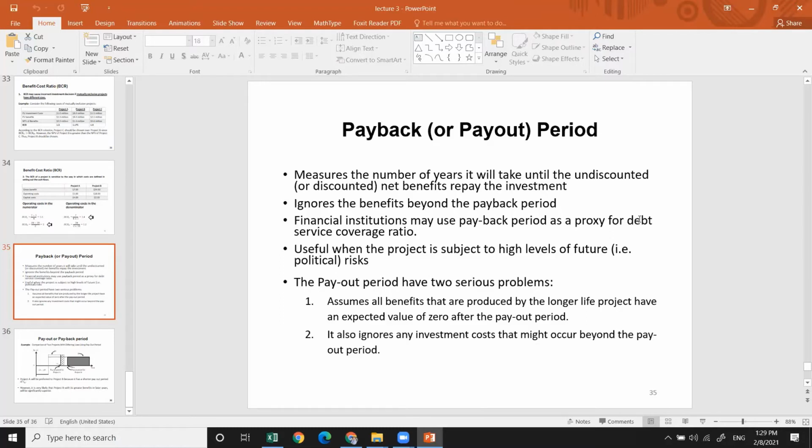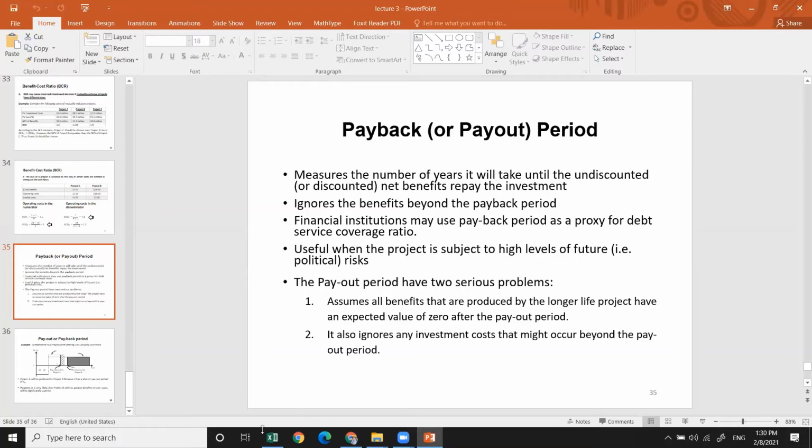Because we can have some irregular cash flows. It doesn't mean that when you run a certain project you have only one outflow at year 0. You may have it later as well. After some cash flows come, let's say after 5 or 6 years, any of the years, you can have a negative cash flow. But the payback period does not take it into consideration, because the aim of the payback period is just to cover the investment cost. Whatever happens after it, it does not matter.